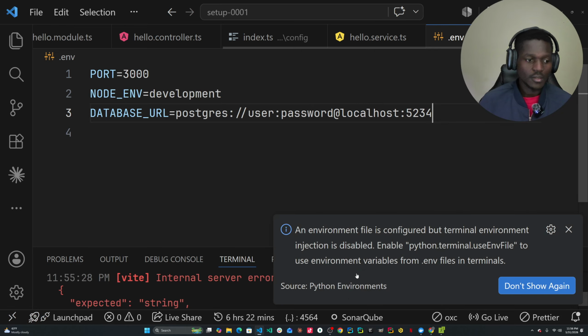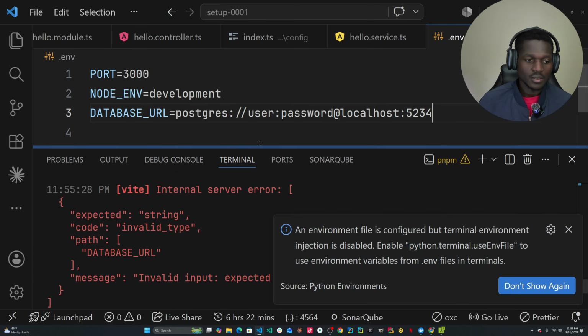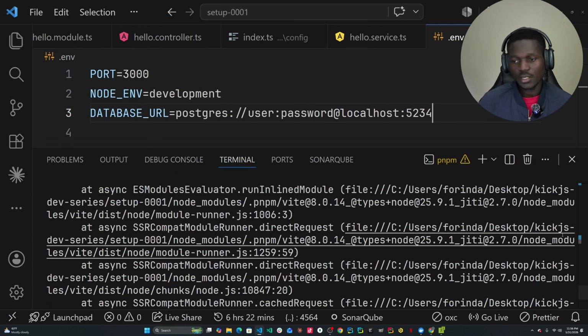Okay, let's go with that. Should be able to reload env